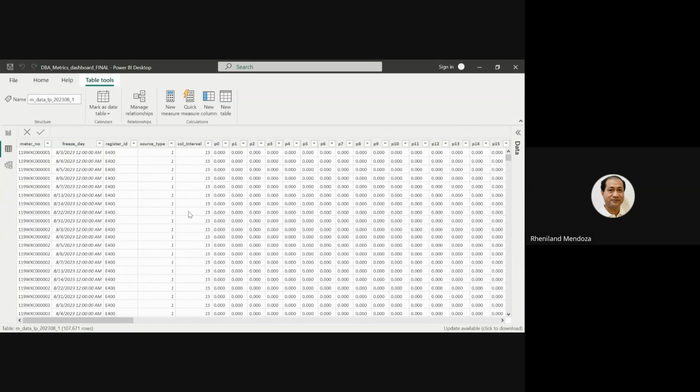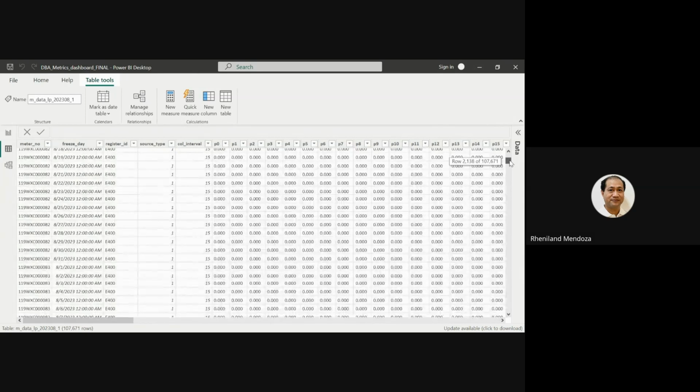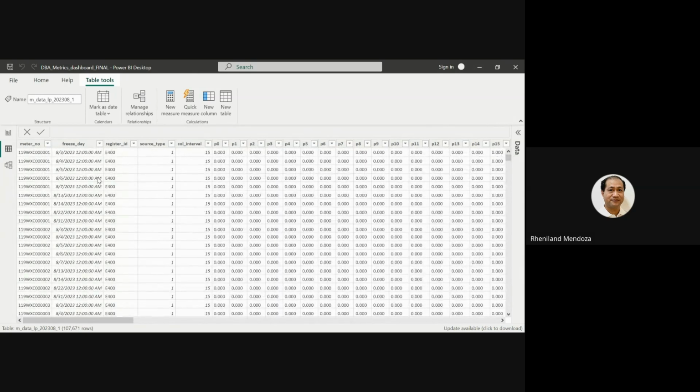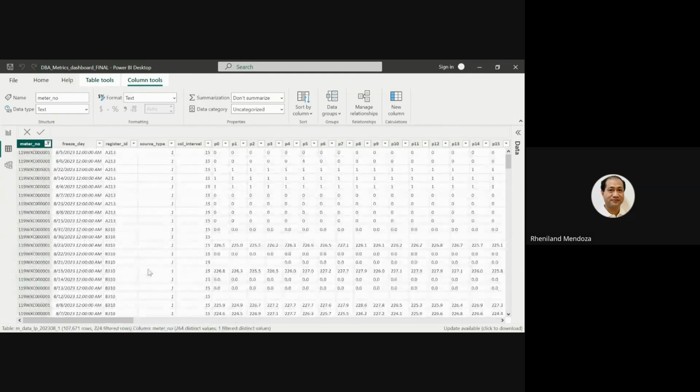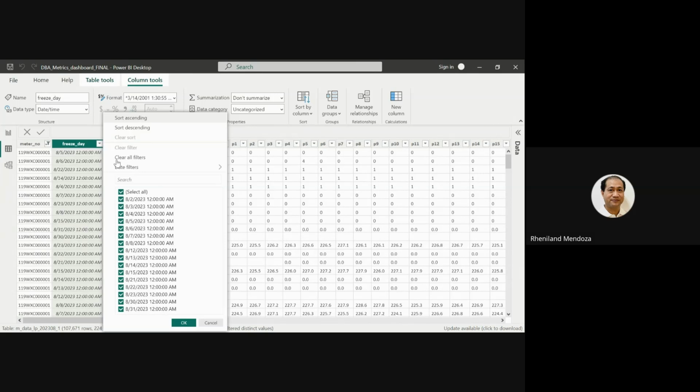But if we try to filter, to see what a particular set of data represents, let's choose one particular meter, and then a particular day, say the second day of August.